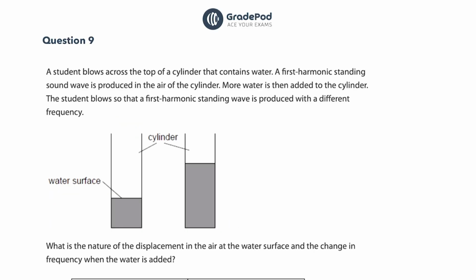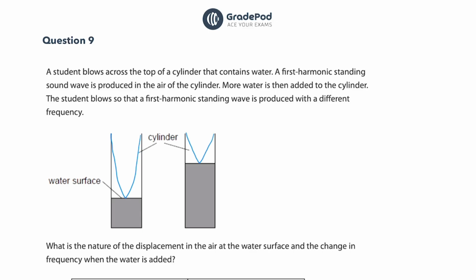Question 9. A student blows across the top of a cylinder that contains water. A first harmonic standing sound wave is produced in the air of the cylinder. More water is added to the cylinder. The student blows so that a first harmonic standing wave is produced with a different frequency. I'm just going to draw that just now. So that's what it's going to look like initially, and the same pattern is going to look after the water